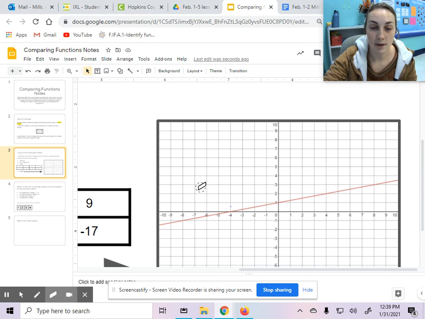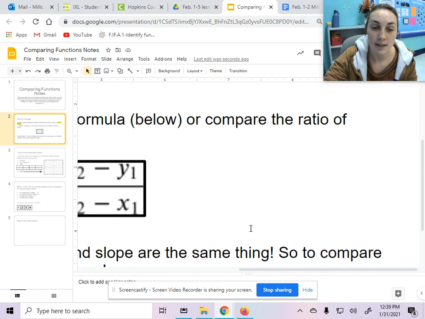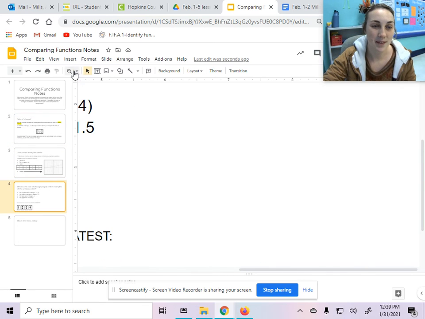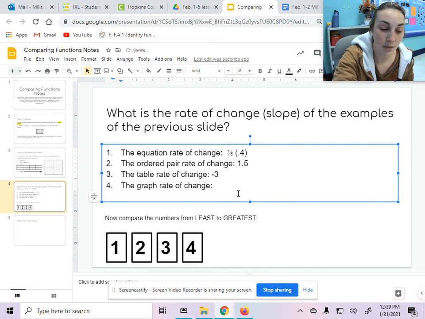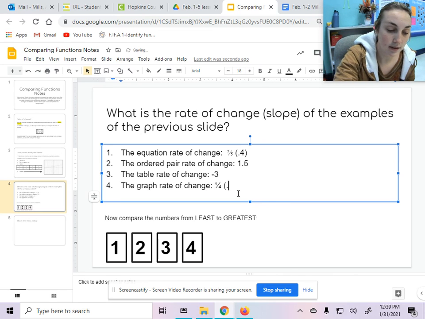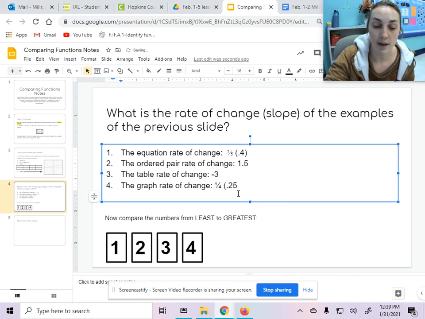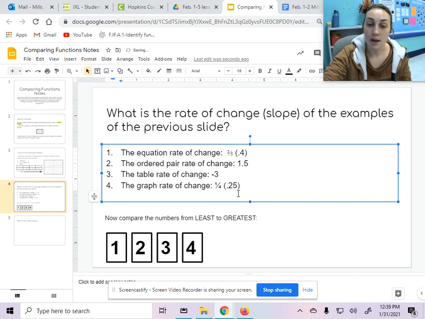So let me erase all that work that I just did. And now we can go back. I'm going to make it to where I can see again. Awesome. And the graph rate of change is 1/4, which can be changed to 0.25 or 25 hundredths. And now I have all the numbers that I need, and I can compare them from